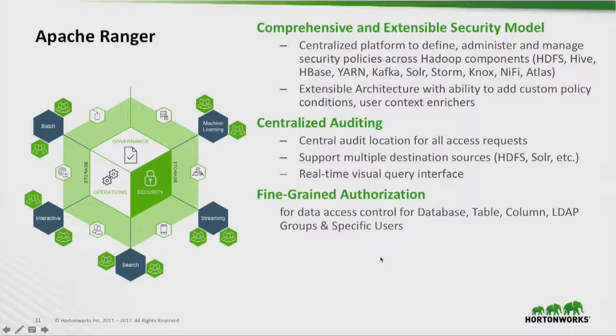Ranger also provides fine-grained authorization. So we have, for all of the services, for example, you could write policies that are very, very specific to a resource. In the case of HDFS, it could be a file or a folder. In case of Hive, it could be a database, table, or column. In the case of Storm, it could be a topology. In the case of Knox, it could be a topology. In the case of Atlas, it'll be who's authorized to do what operations within Atlas. In the case of Yarn, it's queues, et cetera. So very, very fine-grained model that is predicated on the type of service and the types of resources that particular